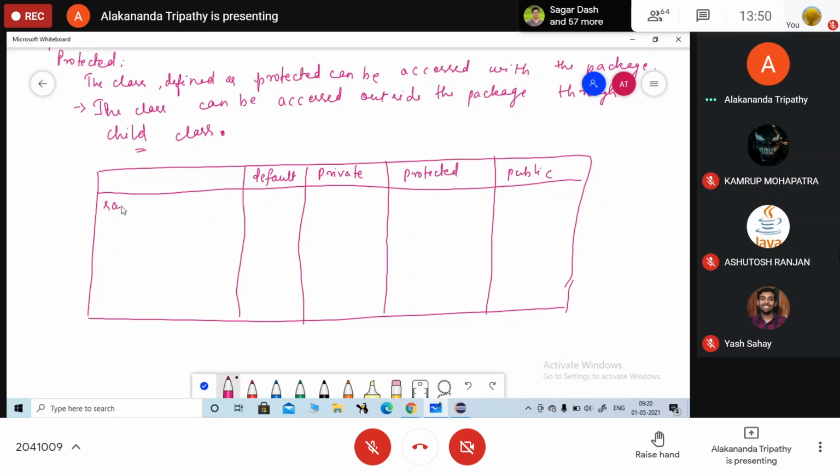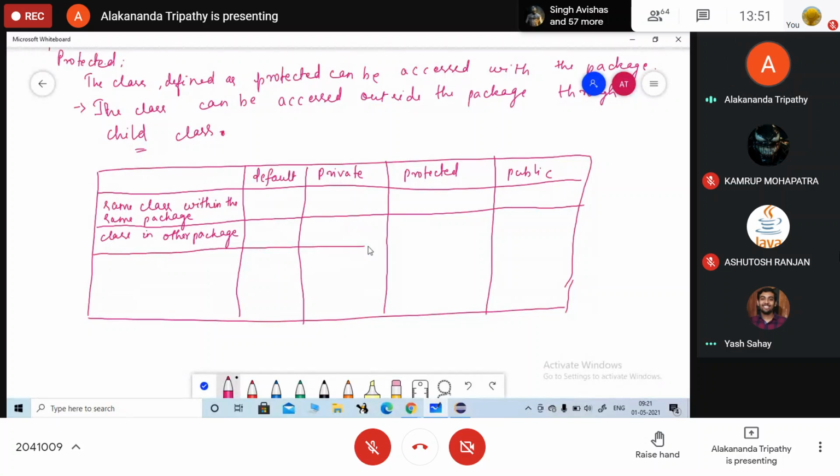Here write down same class within the same package, class in other package. Are you all noting it down? Okay, this one will be easy for you to remember. ये टेबल बना लो, ये आसान रहेगा याद रखने के लिए.